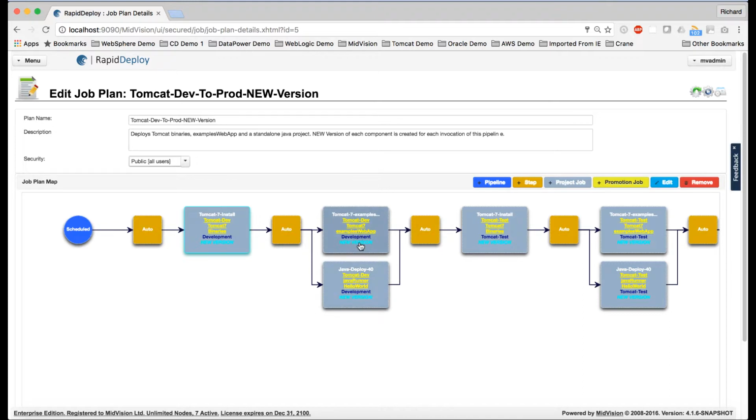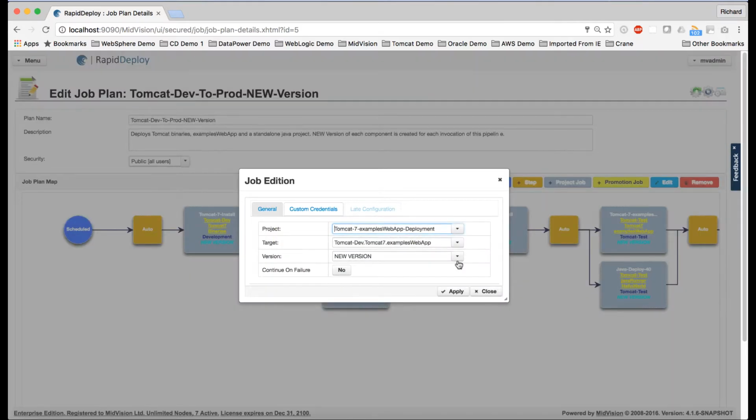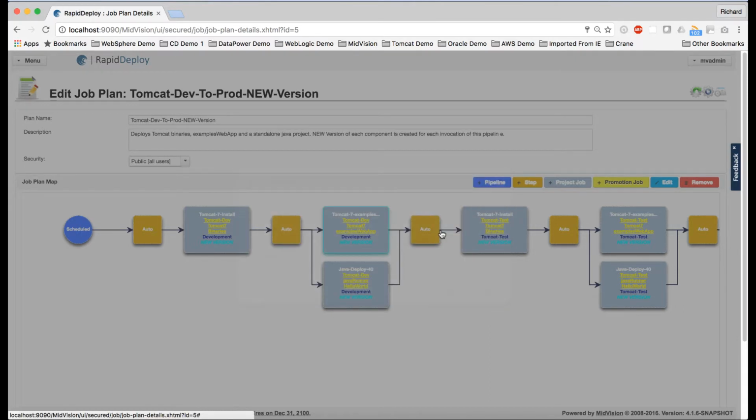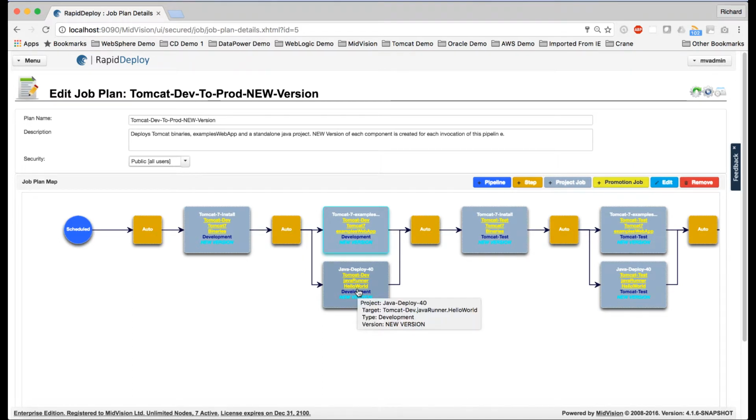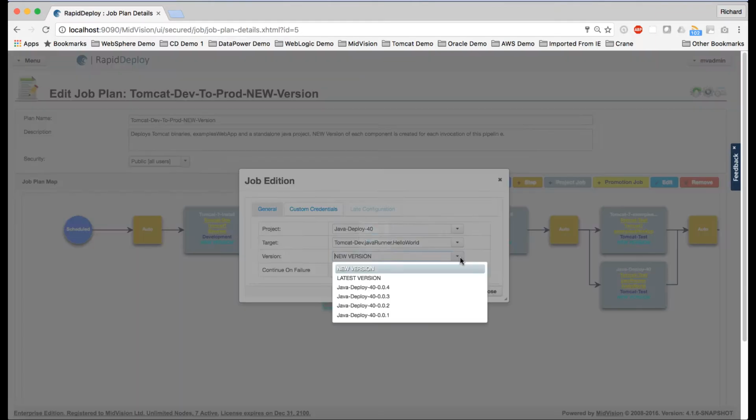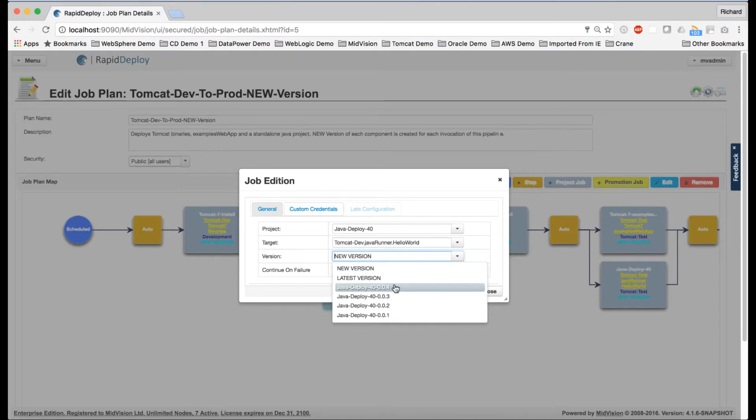Again, we're using new version, so it's going to create a new version of this project. This project has also got 3 historical versions. Again, we can use new or latest. And it's also going to run the Java Deploy 40 project in parallel with this one, and again a new version. Now the Java Deploy 40 project is just a project that deploys a jar file and runs it. And this has actually got 4 previous versions, but again we're using new version,